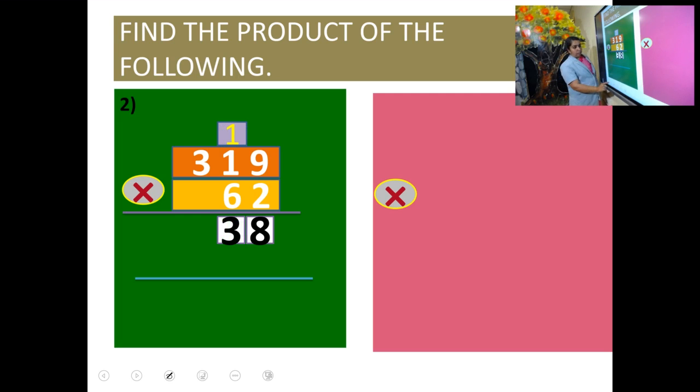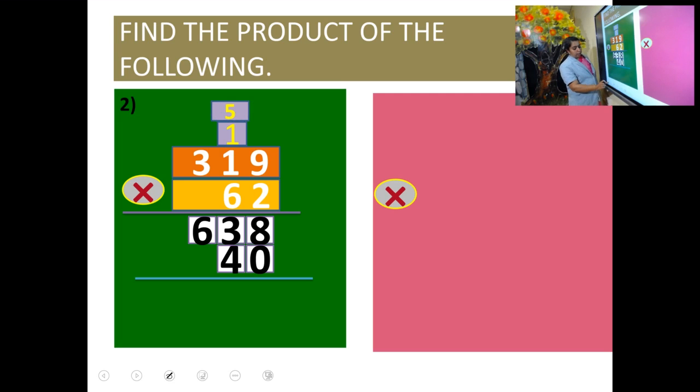Then, what's the next step? Multiply 2 and 3. 2 threes are 6. That means our first step is over. Then start with the 6 in the tens place. Before you start the multiplication with the 6, you have to write 0 in the ones place. Then multiply 6 nines. 6 nines are 54. 4 in the tens place, and 5 as a carryover to the tens itself.